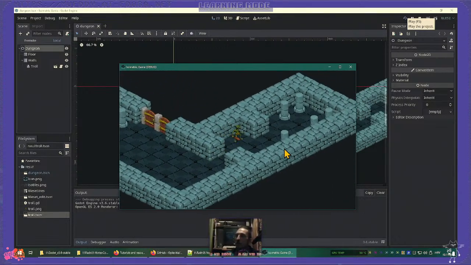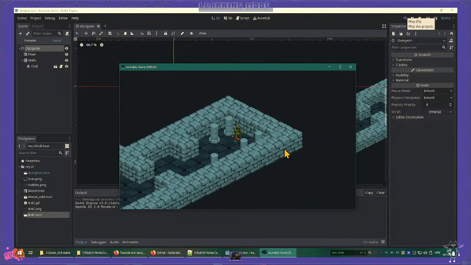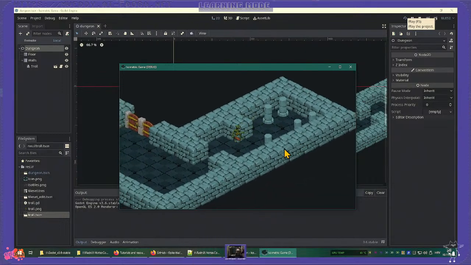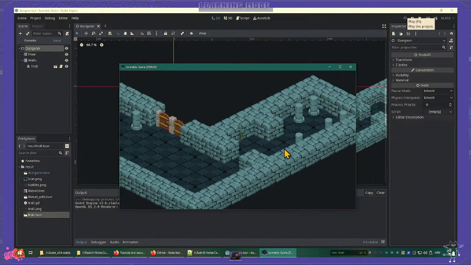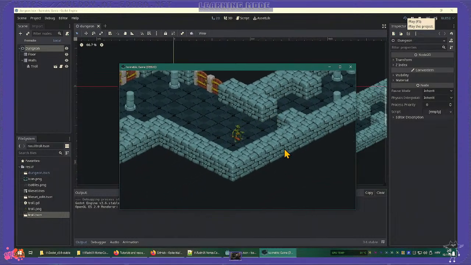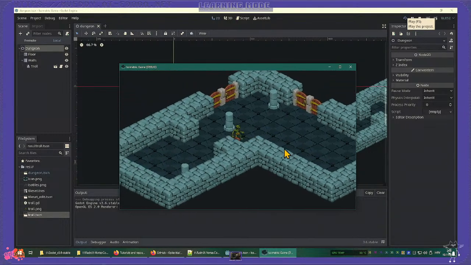So this one demonstrates building an isometric map world,